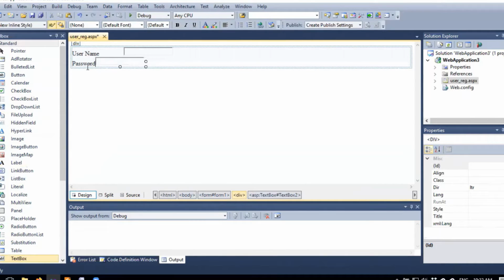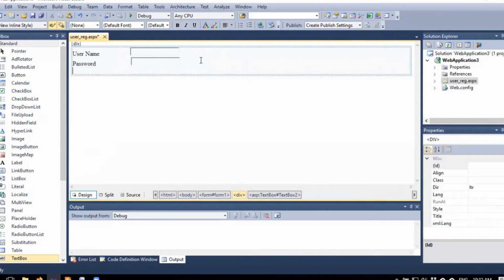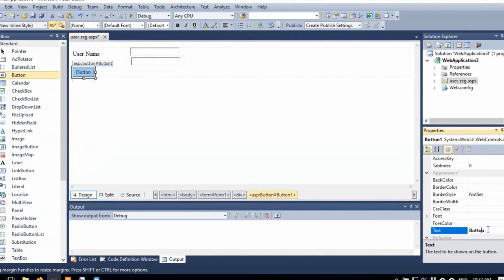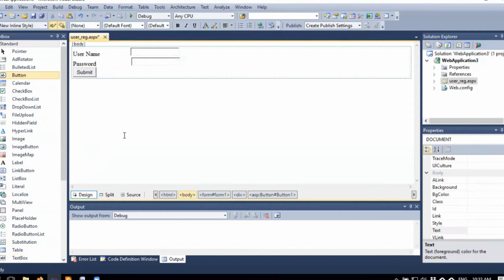When you see the cursor, then press the tab to make a space. Now press enter, apply the button and write the text submit. Now this is the simple registration form before using any validations.